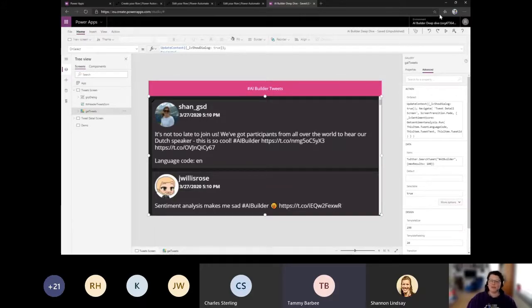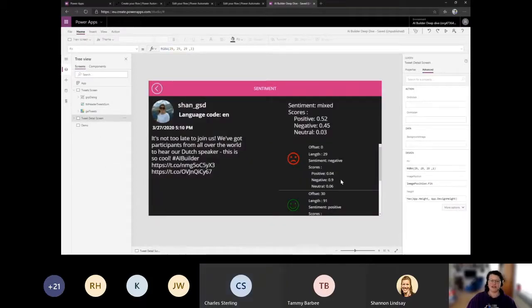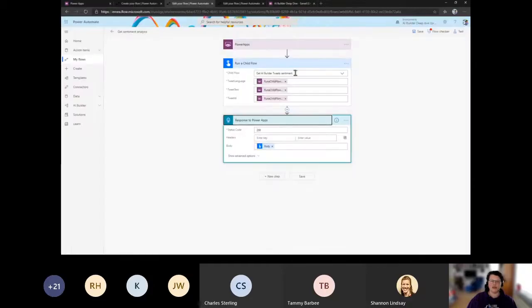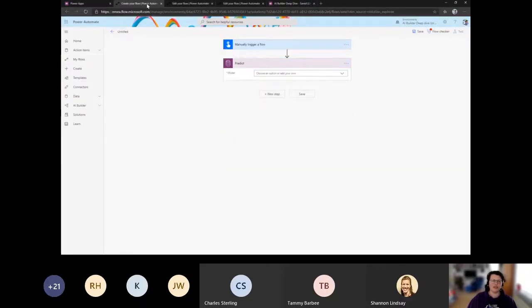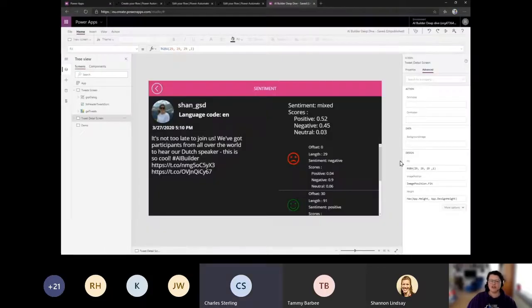So basically what I did now is to jump from my Power App, trigger a flow that triggers another flow that gets some information back, and then in the end we have some information that I can show on the detail screen. I created this app only to showcase this model because otherwise we have to look at flow runs, which I don't like that much.